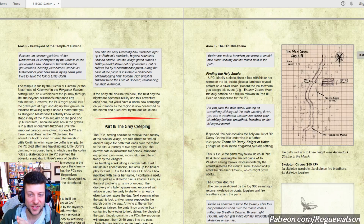The heroes just see themselves and think, what the heck? The exact party composition is depicted as these statues that are thousands of years old. And then here's where the problems start arising. The heroes are supposedly buried in the graveyard here in the town. And if they go to exhume those graves, as most players would, because they're extremely curious about what is going on here,